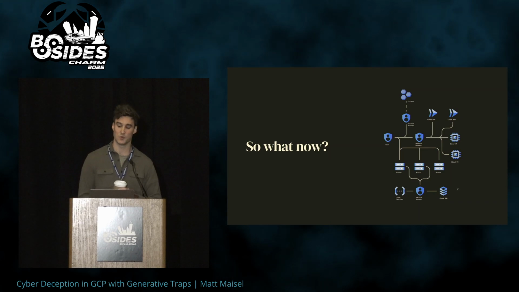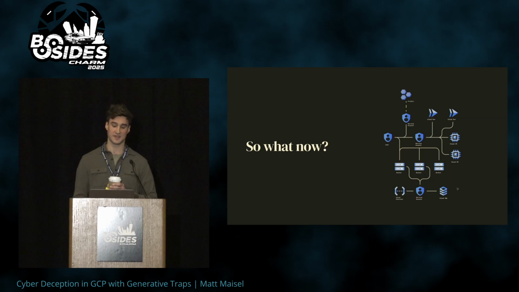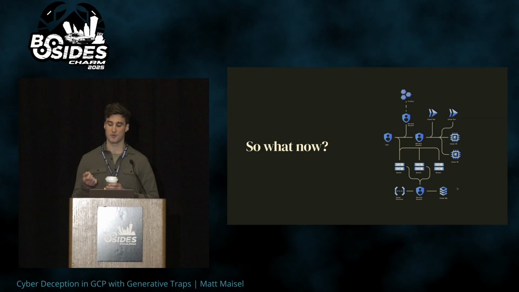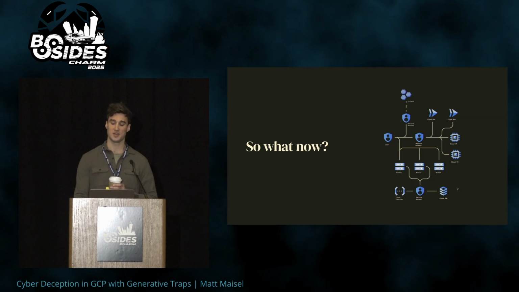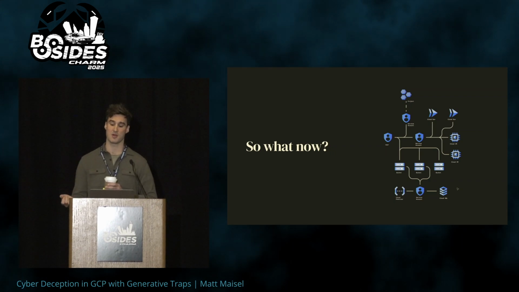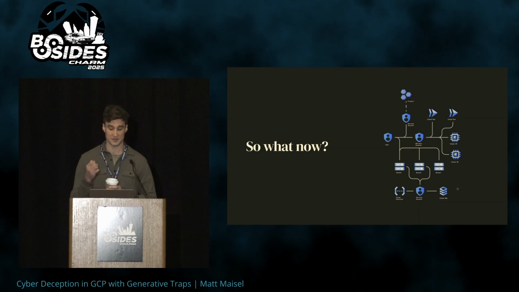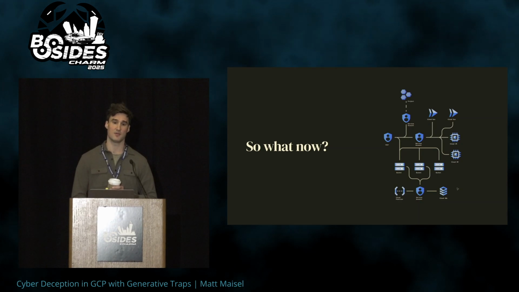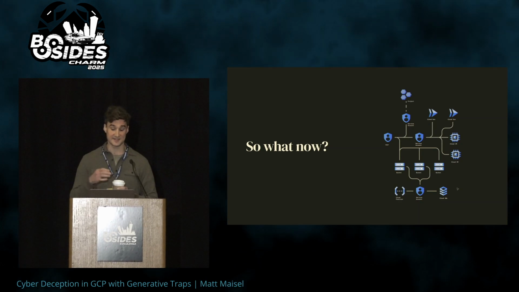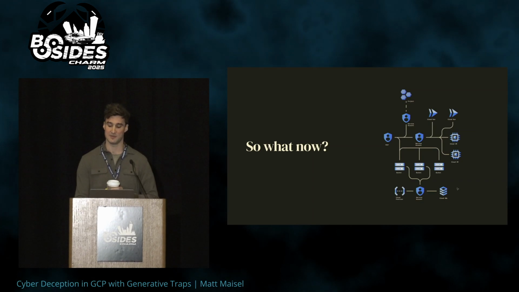We have infrastructure tooling like Terraform, Cloud Development Kit, or Pulumi, which is what I use today. With these programmatic infrastructure as code tools, we can deploy resources to the cloud and make them fully provisioned, fully functional, making them harder to distinguish. We can also leverage serverless technology, things like Lambda or Cloud Functions, where we can deploy traps and they can scale to zero and only incur costs whenever attackers are actually interacting with them.